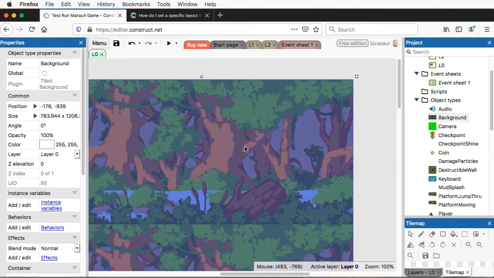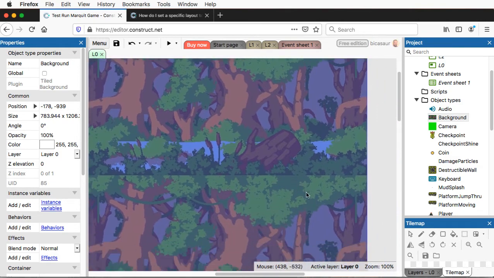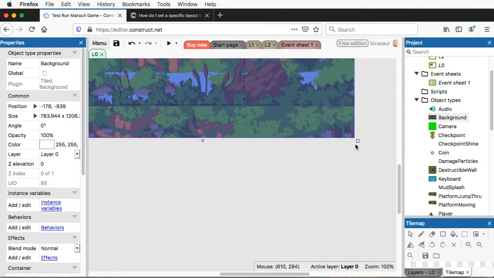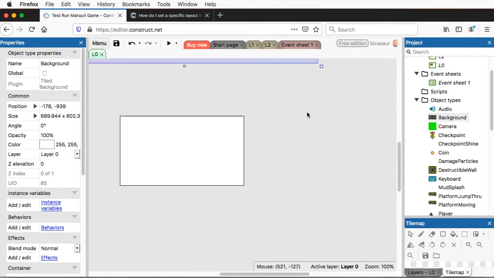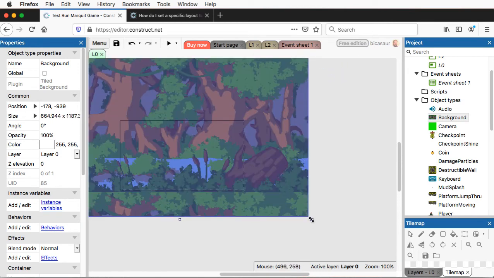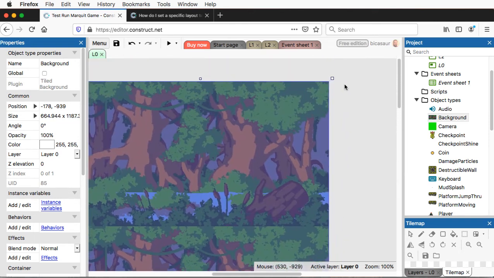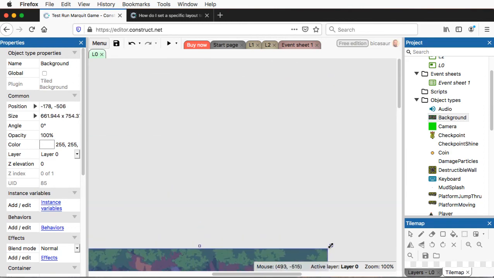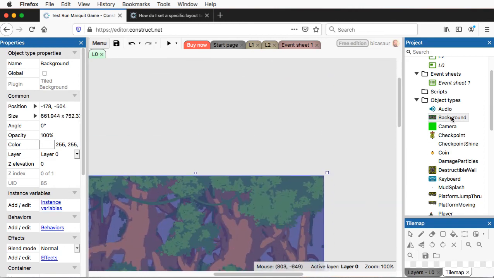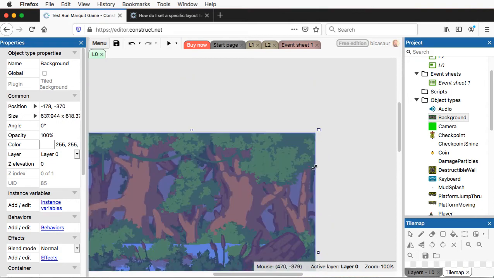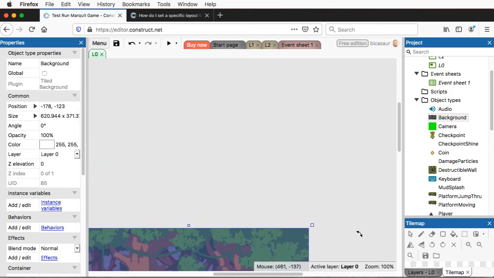And we do not want to make the picture smaller. We can see the tiles repeat there. We don't want to make the tiles, wow, made that way too big. We don't want to make the tiles too small, or change the size of the image, because then it's going to change the size of the image in all of our backgrounds, because we used the exact same background object over here. We could make a new one, but I think we're going to be fine just by